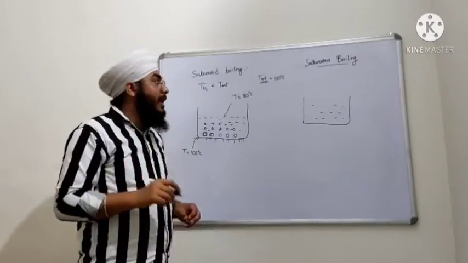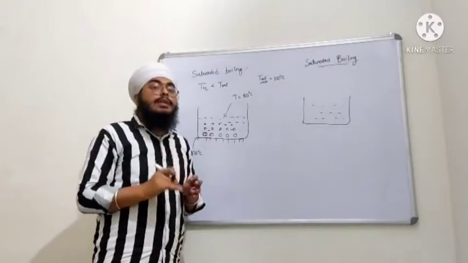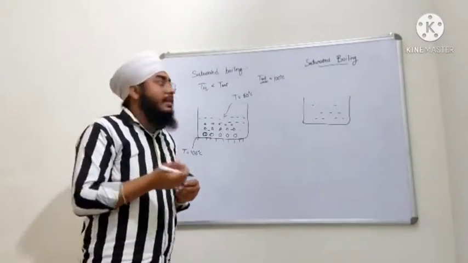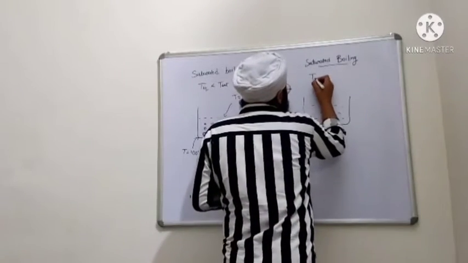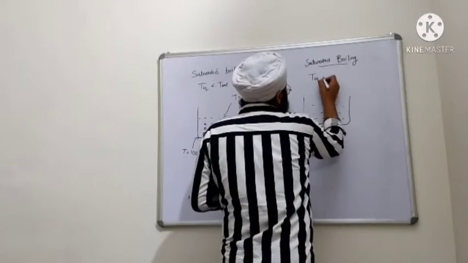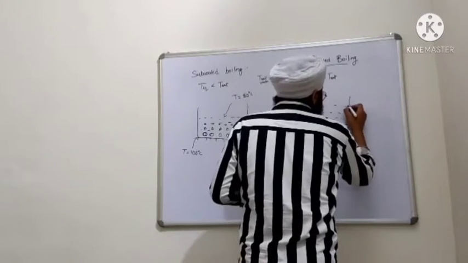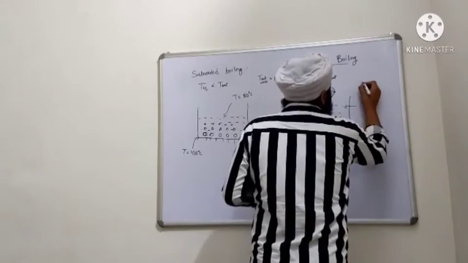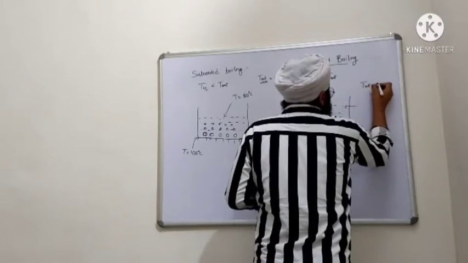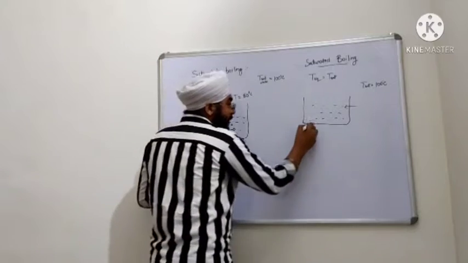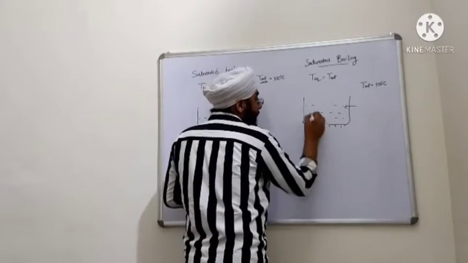In saturated boiling, the temperature of the liquid is equal to the saturation temperature or a little bit greater than that. So let us say this is water. So T saturation will be equal to 100 degrees Celsius. So we are giving heat to this pot, and